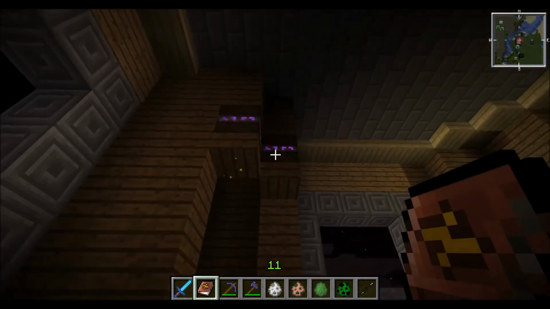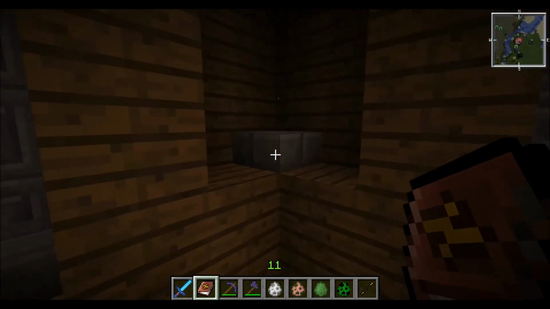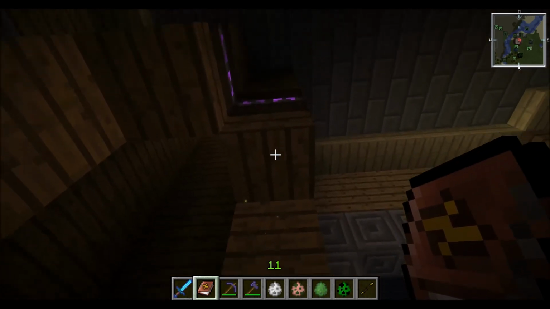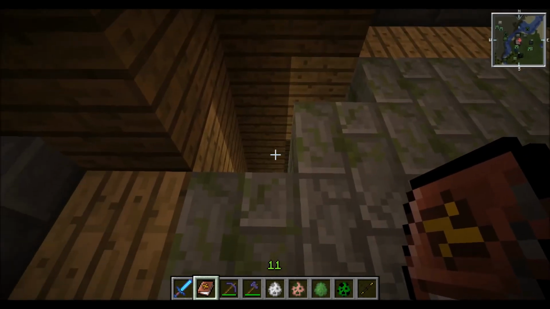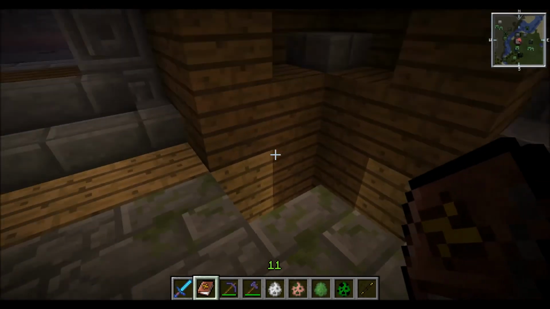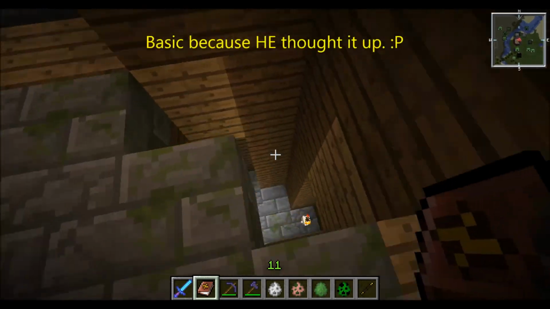Now this is actually using something else you learn later on called arcane levitators. Now they make you float upwards when you stand on top of them, and they slow you down when you fall underneath them. And this is a basic design for a redstone-less arcane levitator. You can make more complicated ones using redstone, but this is a very, very basic design. Now if we head down,